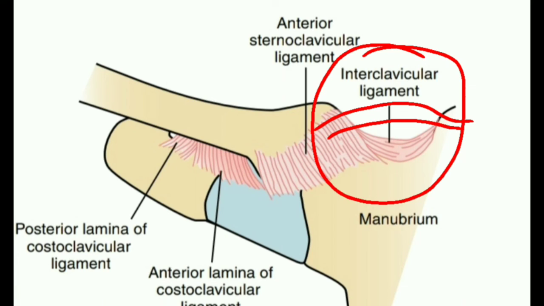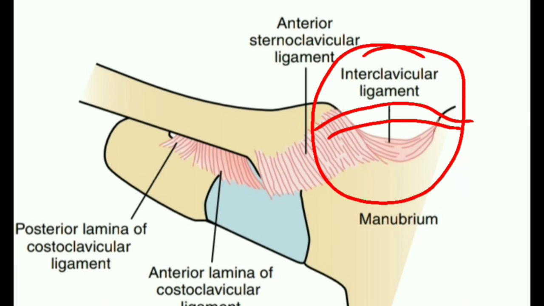Here we can have elevation and depression, but after some depression it will not allow the clavicle to depress, because below the lateral end of the clavicle you have the brachial plexus and the subclavian artery. If these structures get excessive compression, it can cause compression of the nerve and the vascular bundles. That's why it will not allow excessive downward movement at the lateral end of the clavicle. The medial end is not the problem. It is a little more stable, but the lateral one is more mobile. So it will prevent the excessive depression of the lateral end of the clavicle.